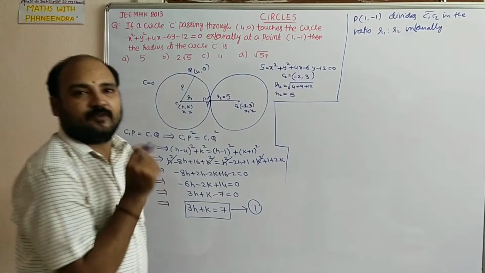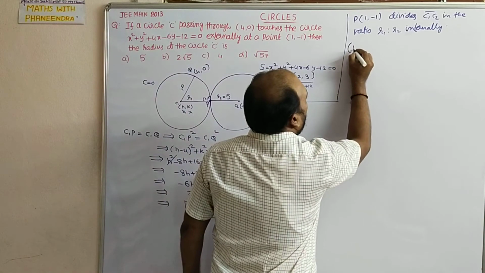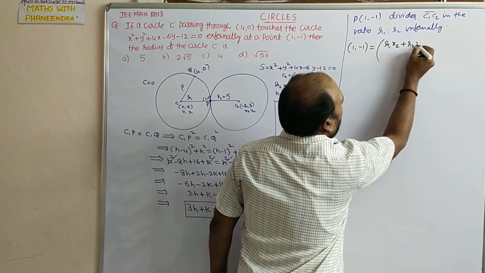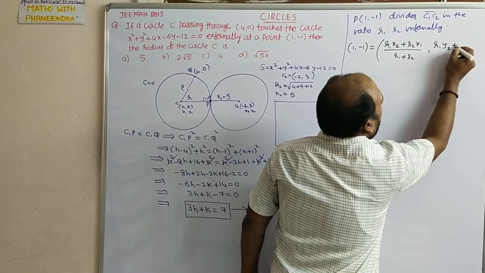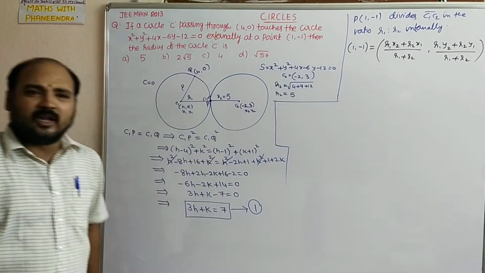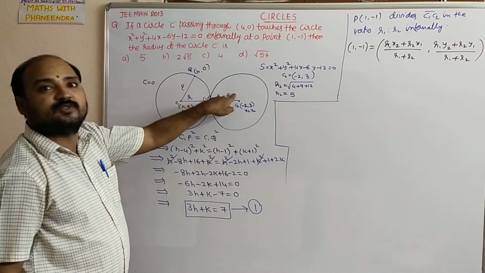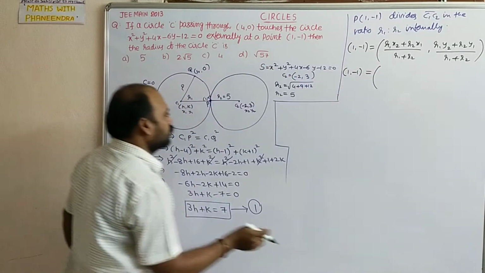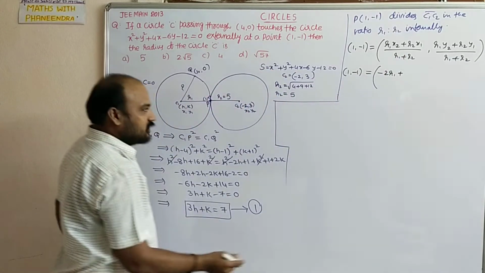So now, in place of that formula, I am going to write with black pen and white, easy to understand. So 1 comma minus 1 is equal to R1 x2 plus R2 x1 divided by R1 plus R2, R1 y2 plus R2 y1 divided by R1 plus R2. This is the formula, a well-known formula. So x1 y1, x2 y2 we have, R1 value is R1, R2 value is 5. So 1 comma minus 1 equal to R1 x2. R1, x2 value is minus 2. So minus 2 R1 plus R2 x1. R2 value is what? 5.